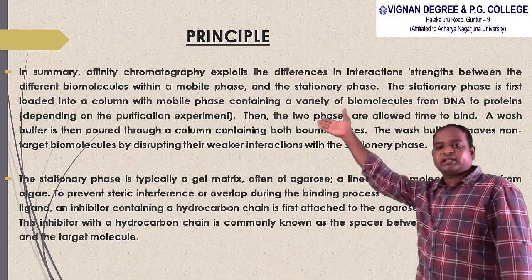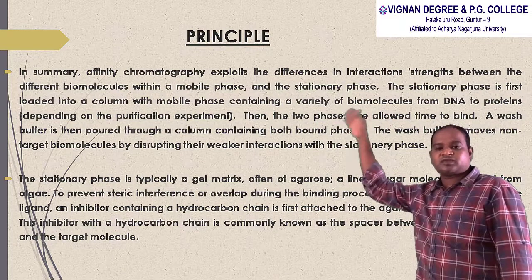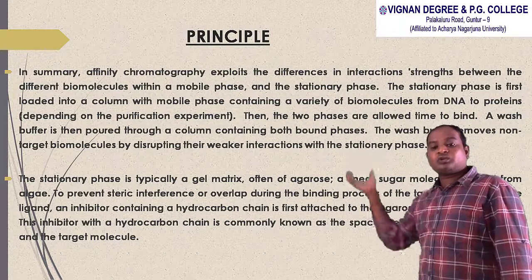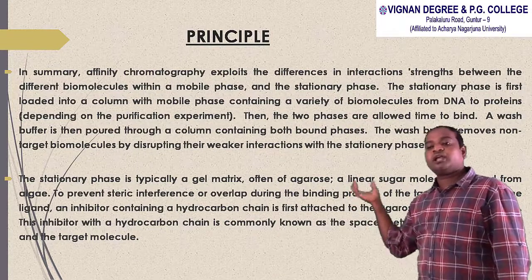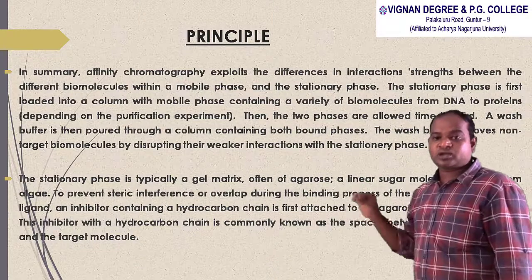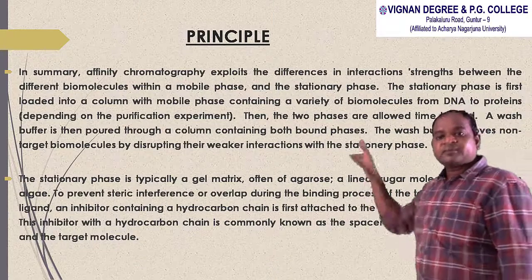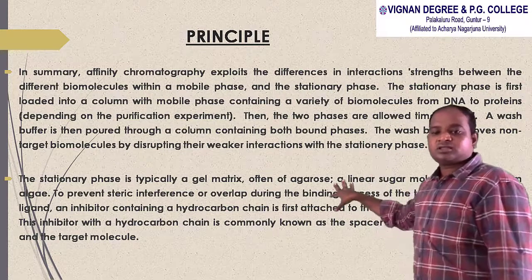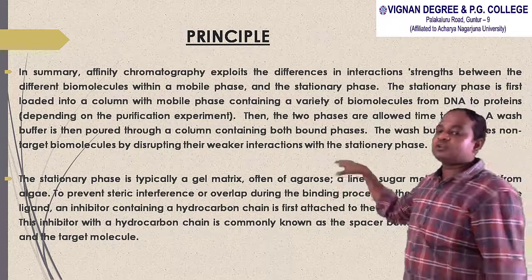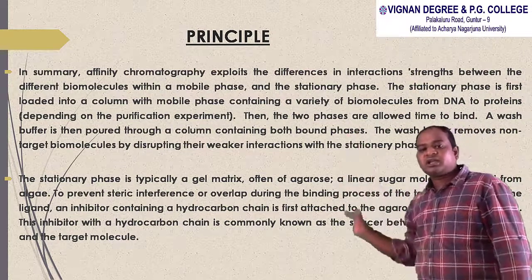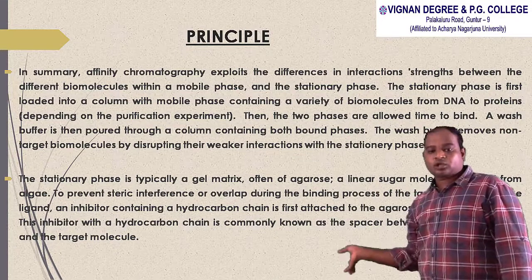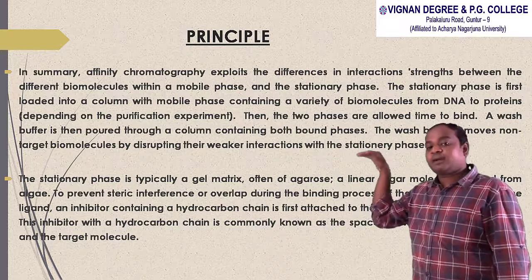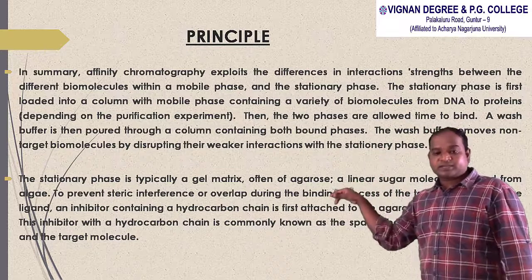You are adding different enzymes like hexokinase, phosphofructokinase, and pyruvate dehydrogenase, etc. Which molecule goes and binds to the glucose? Only hexokinase will go and bind, because of the hexokinase affinity towards the glucose molecule. No other molecules will bind. So the remaining molecules will come out of the column. In this way, the hexokinase goes and binds to the substrate analog.